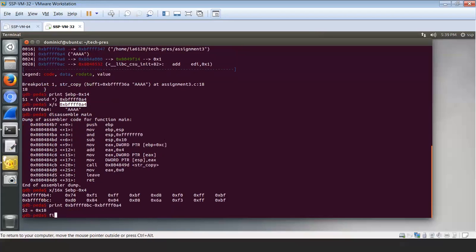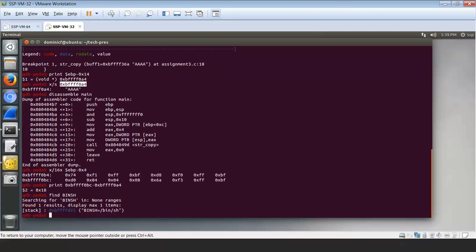Now I can find where the environment variable is stored. So I want to find that binsh asset. And I see here it's at BFFFFD25, and it's got the string I intend to. So that's good. I will need to be able to point to that when I make a system call to run the shell. And to make that system call, then I need